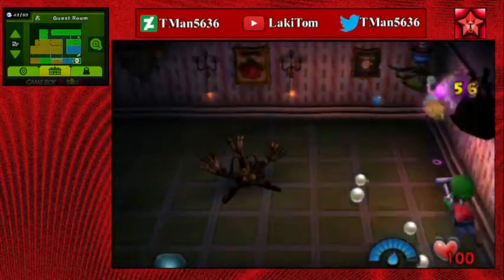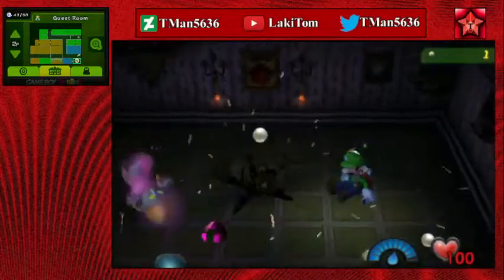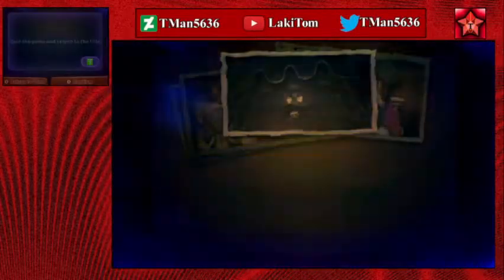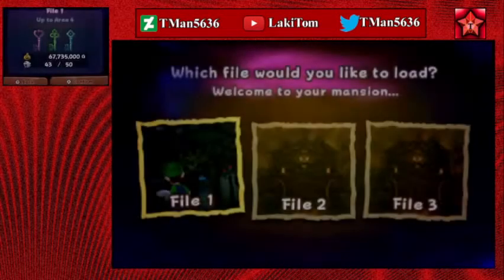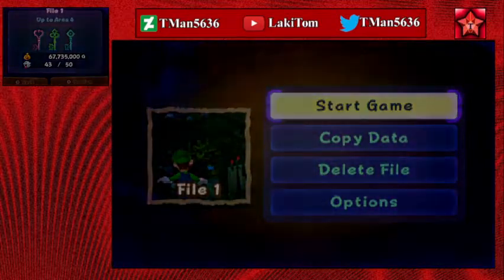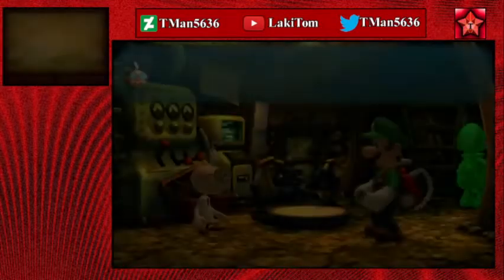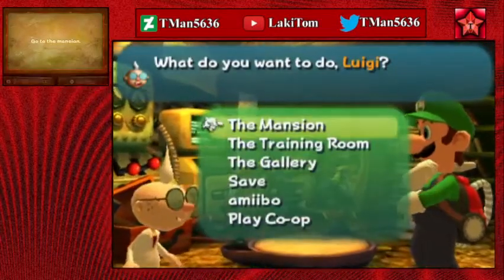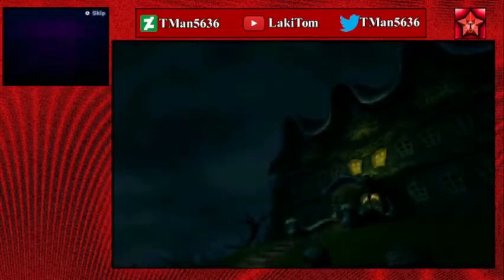Alright, come on. Stupid chandelier. This is where it makes me wish that this version had the burst thing, like what Luigi's Mansion 2 did, where you could do some extra damage. Also kind of wish I had the slam thing from Luigi's Mansion 3, because that...